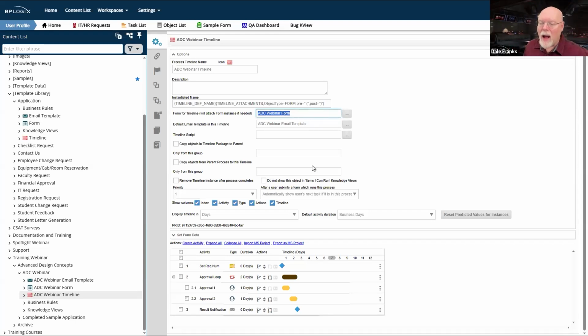So I'm going to have conditions that are based on the form, and this association tells it what form I'm going to use. And so it automatically knows what form fields are available on that form and what the other form attributes are. So again, it makes my life easier as a developer by creating that association on form for timeline. Even if I have a timeline like this that I'm going to presume will always be started by a form submission, I'm still going to set this property because it provides the association and makes creating conditions a lot easier, because it just automatically defaults to this form as the form that I want.